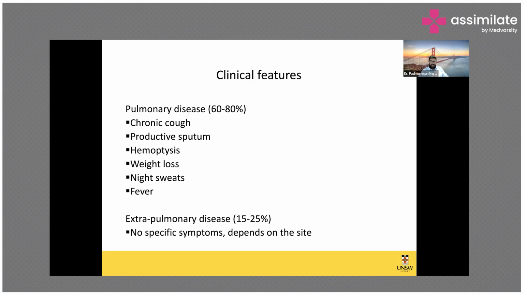Another important point is that extrapulmonary TB presents pertaining to the TB site. For example, if you have TB in the spine, you'll have back pain. If you have TB in the meninges, you'll have headache. If you have TB in the abdomen, you may have ascites. So it's very location specific. So all of that depends on the site where TB is present. And another important point you have to understand is that TB affects every single part of the body. There are no places where TB does not affect.